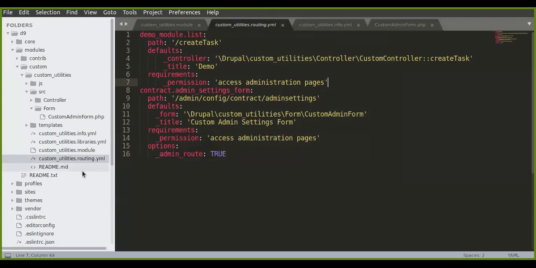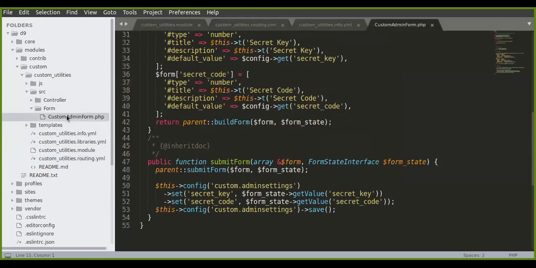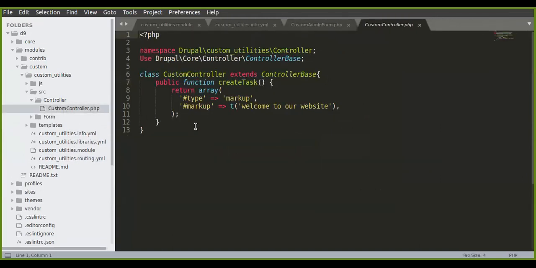So we have talked about the .info file, .module file, and .routing.yml file, and the .libraries file we can talk about later. We have seen the custom admin form and the controller file. For the controller we should maintain a class kind of structure, which is the OOPS concept.